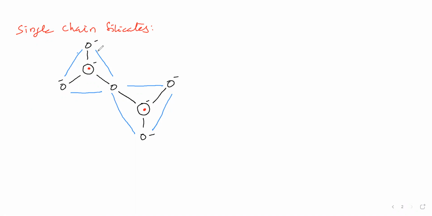Next, we will take another SiO4 unit. Here, one silicon. Here, rear side O minus, top O minus, right side O minus, left side O. Now we will remove this minus charge. Next, we will represent it as one SiO4 unit.